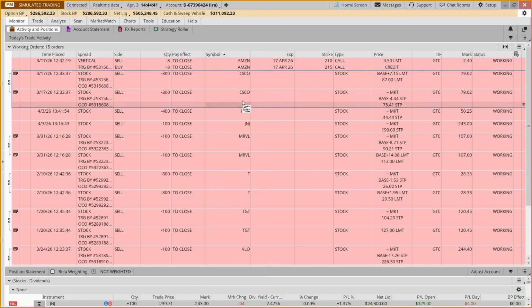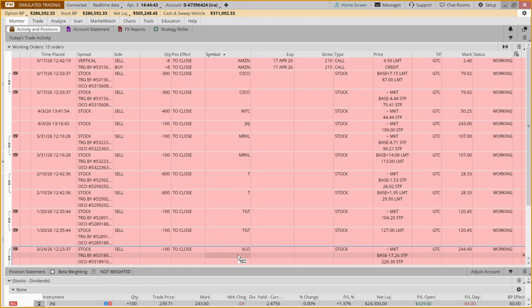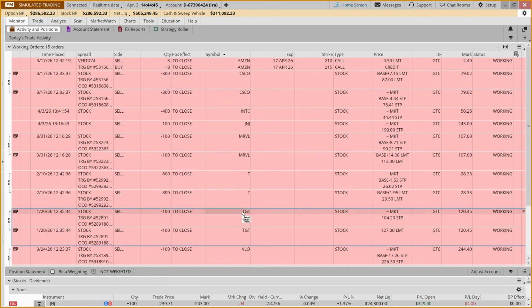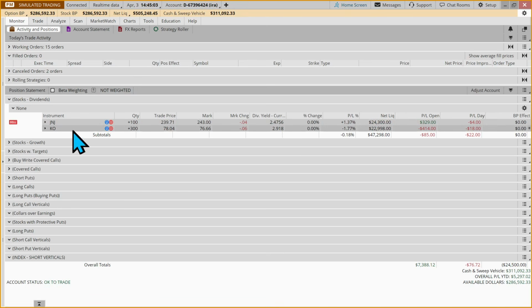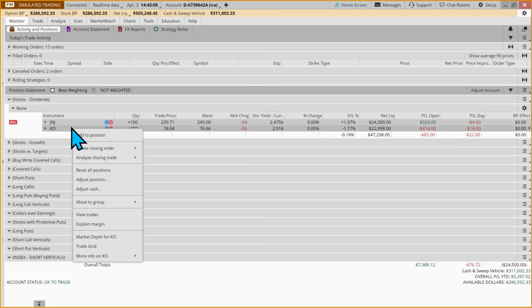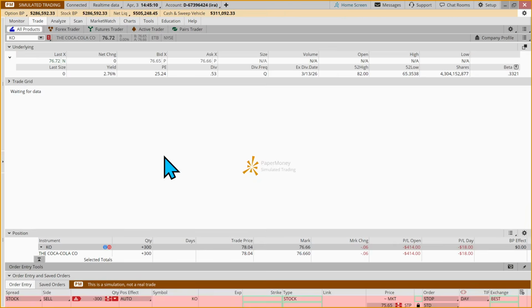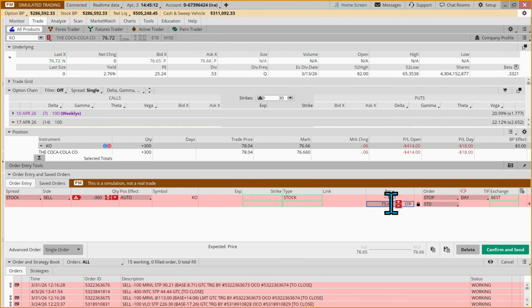So I've organized these by symbol, and we can see that we do not have an exit for Coca-Cola, but we do have one for J&J. We have this stop market order. Now, this doesn't guarantee that we'd get out at exactly the price requested, but we've got a stop in place. So if we say, well, I'd like to put a stop on Coke, we can right click on this order, create a closing order with a stop. And I'm just going to pick a number here,